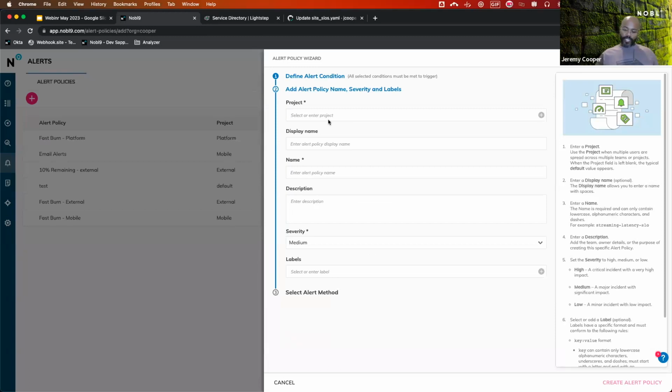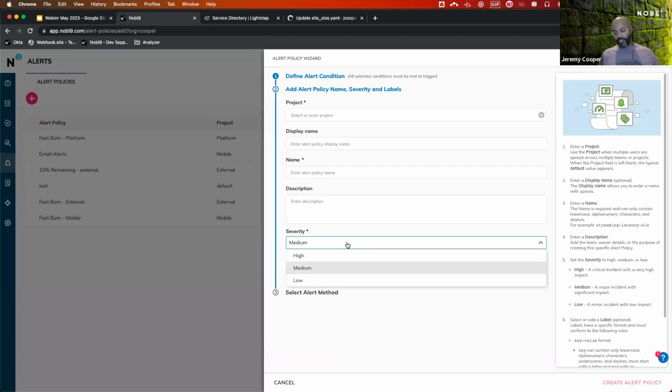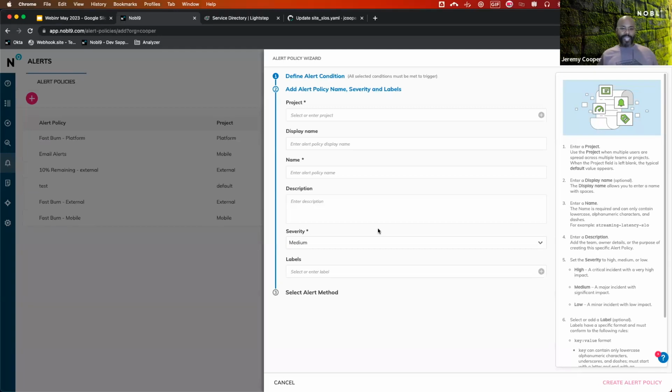Again, you see projects, alerting name, but what I did want to show you is you support severities so that when we send that alert to another tool, it can actually process it. So if you send an alert as a high, then PagerDuty will know, oh, I need to page these people. But if you send it as a low, then maybe PagerDuty only emails or Slacks those people. So we're trying to pass the information along in the most usable format to the other tools or for the